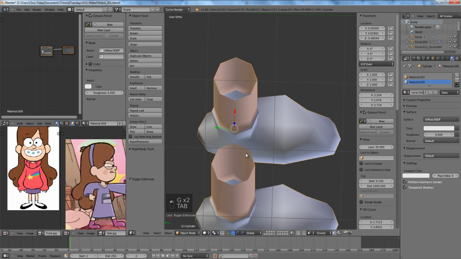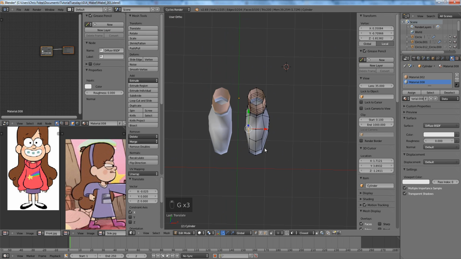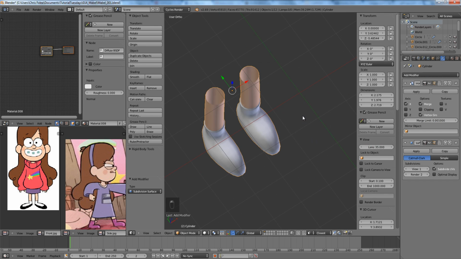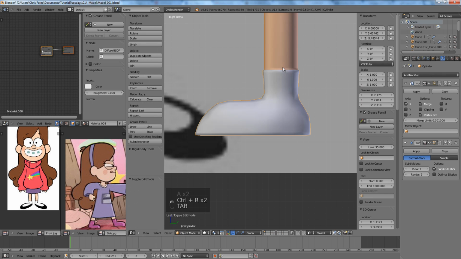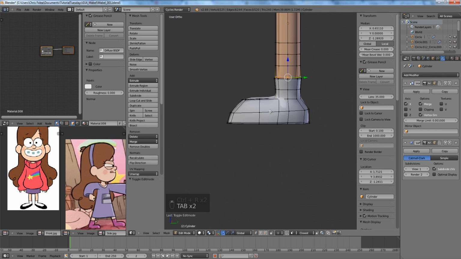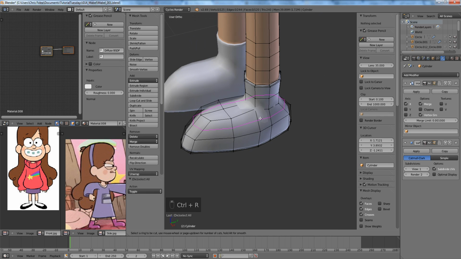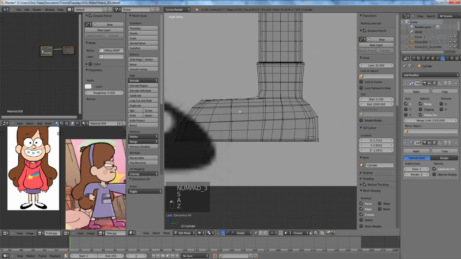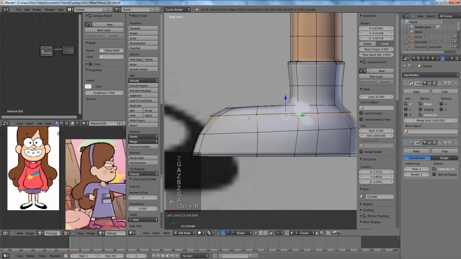And if we want to add the socks there, we can make that a texture or we can model it in. It looks like we have it set up pretty well to model it in though. So we're going to go ahead and add a subdivision surface. Complete that. We'll add a loop here to make the socks stay where they're supposed to be. Then it looks like we can add one more loop here. Add one more loop,